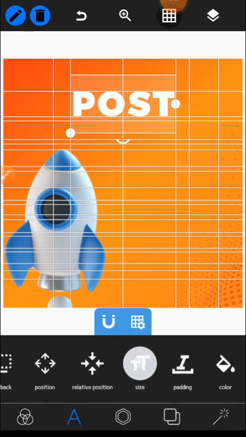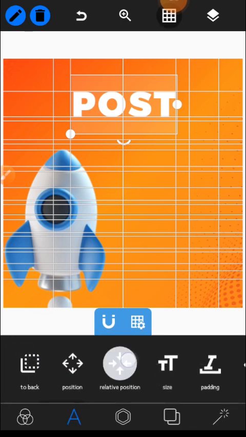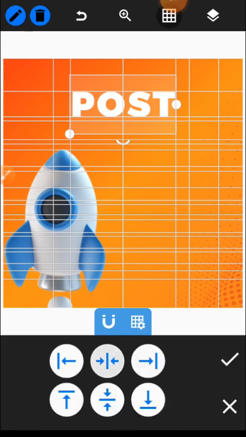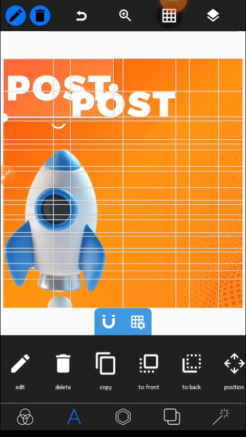A little bit. You can make it bigger so it will catch, it will fit in. Centralize the work, and we are good to go. So next we copy the text,